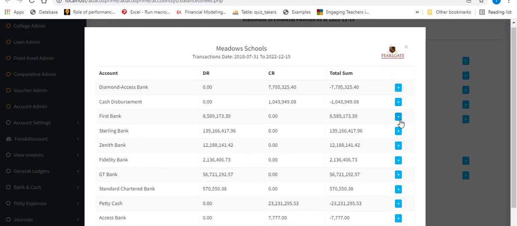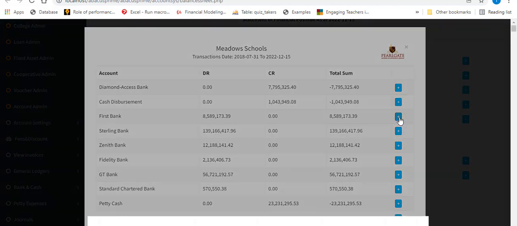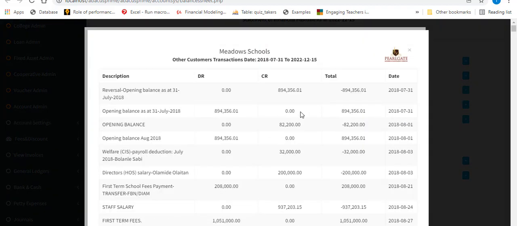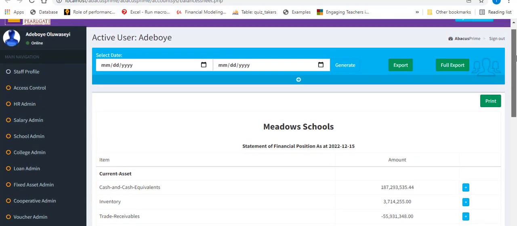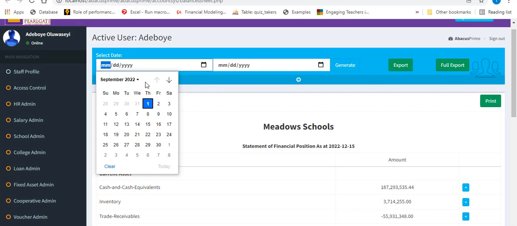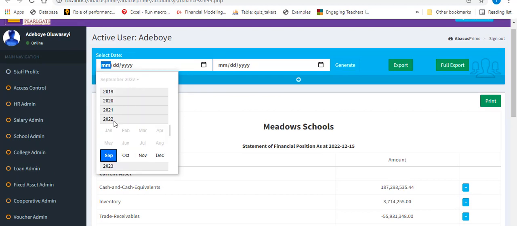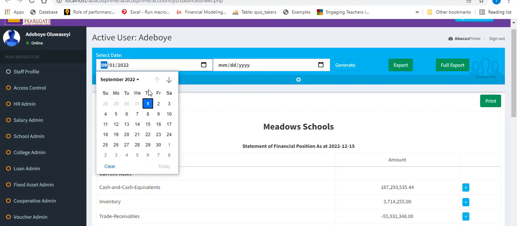You can drill further to see what makes it up. And close. Now to generate a report, you can simply search between any dates within your accounting year